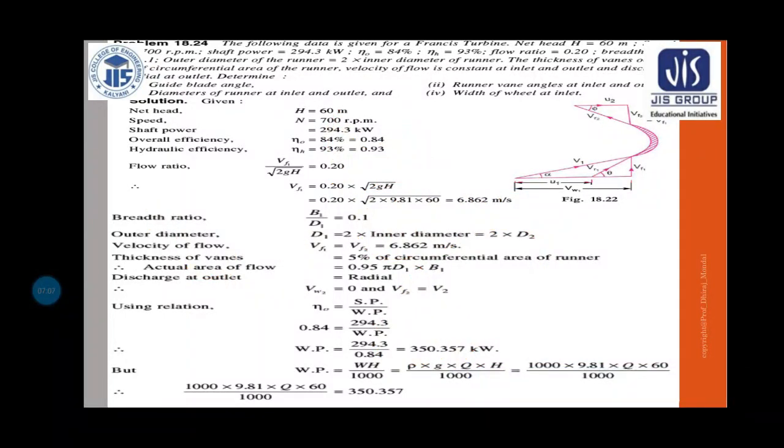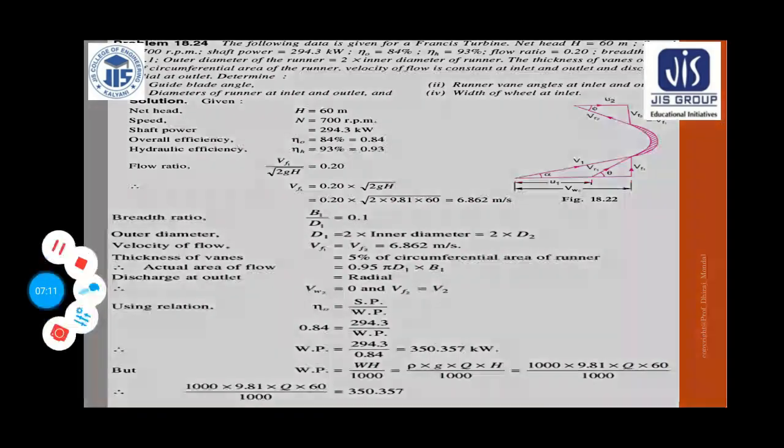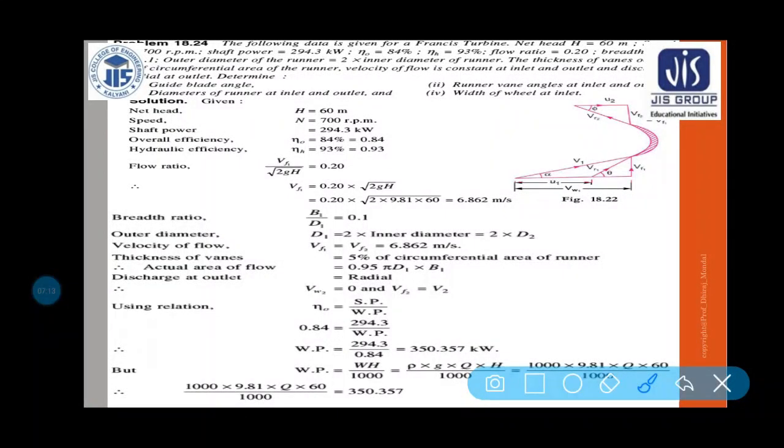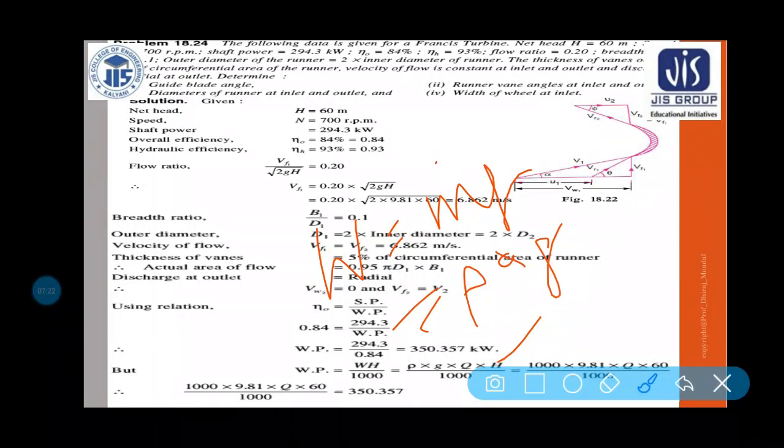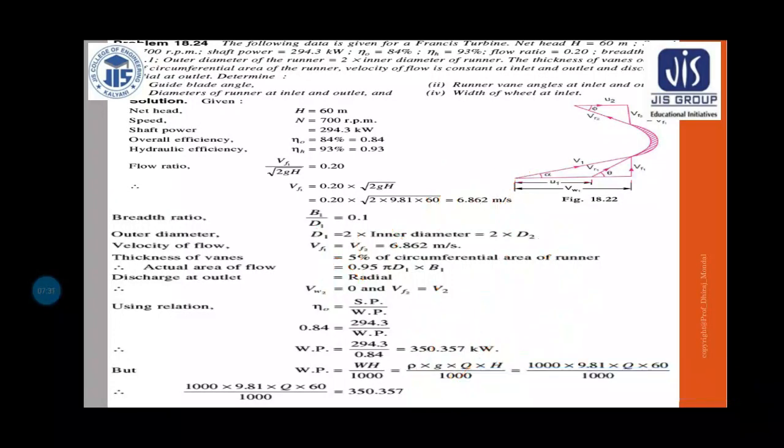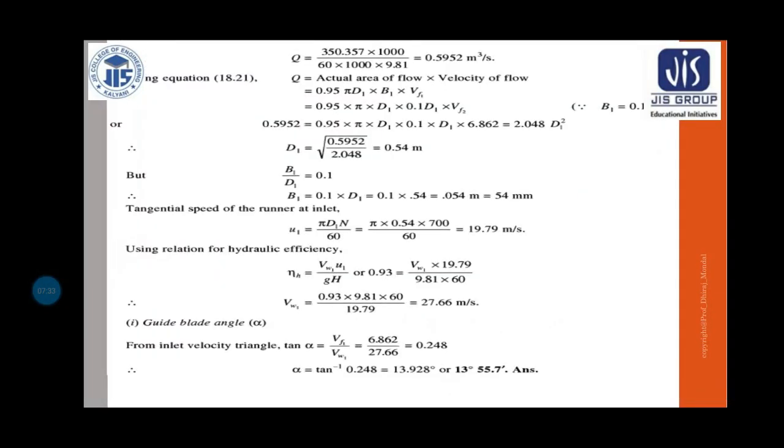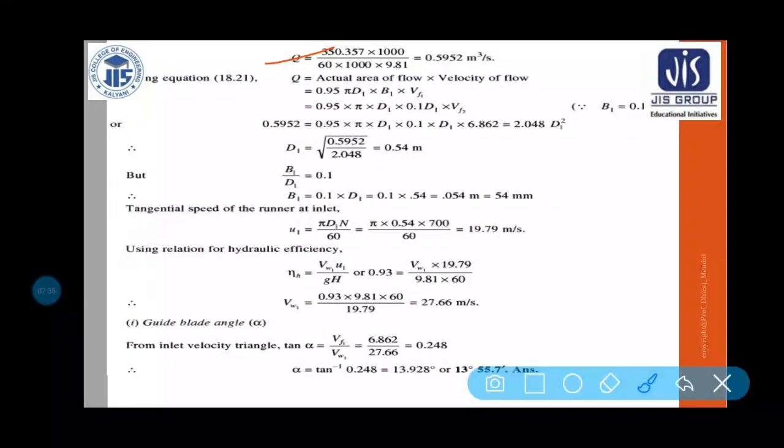Here basically you have to calculate W into H, and H is also given. W is equal to m into g, and m into g means rho into q into g, because it is the mass flow rate. So rho is known, g you know, q you have to find out, H is known. So ultimately from this equation you can find out the discharge. So you know that this is your discharge, 0.59